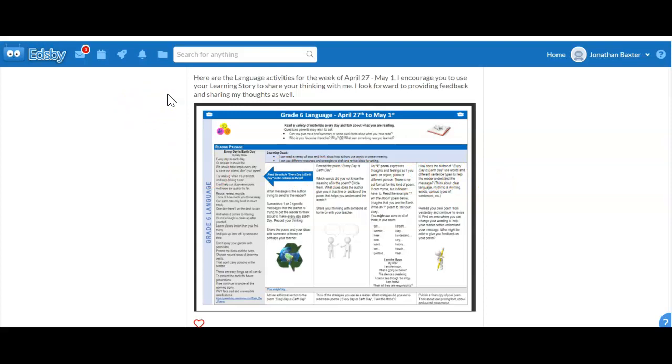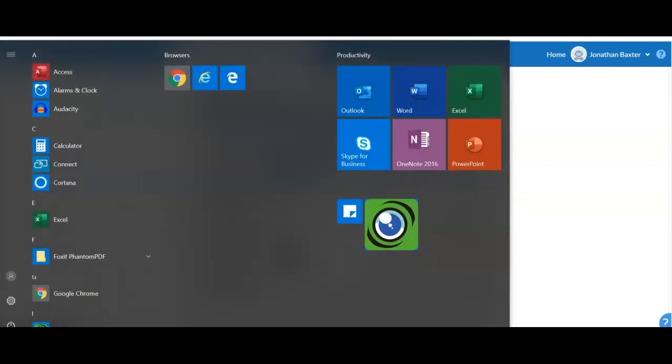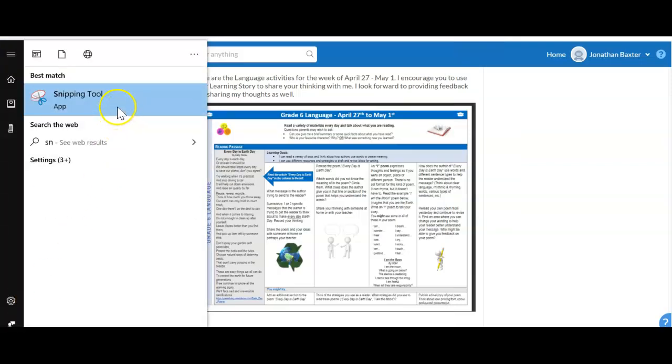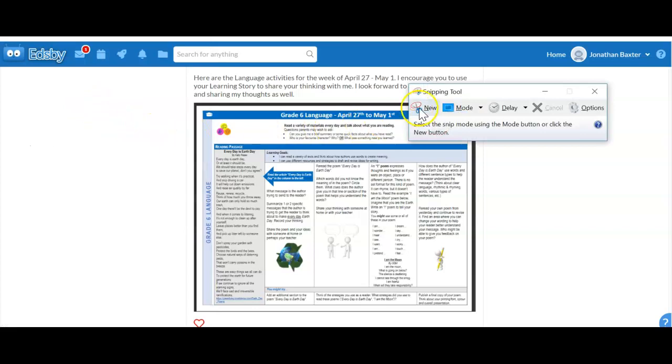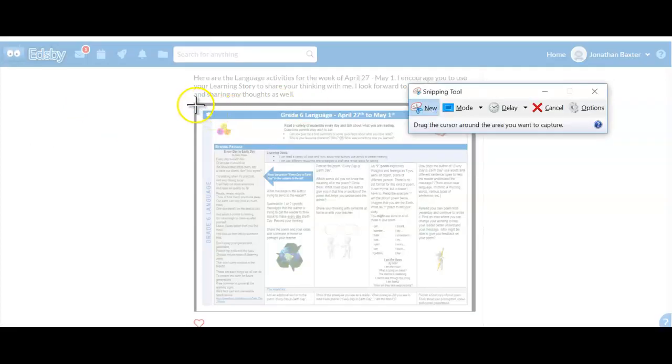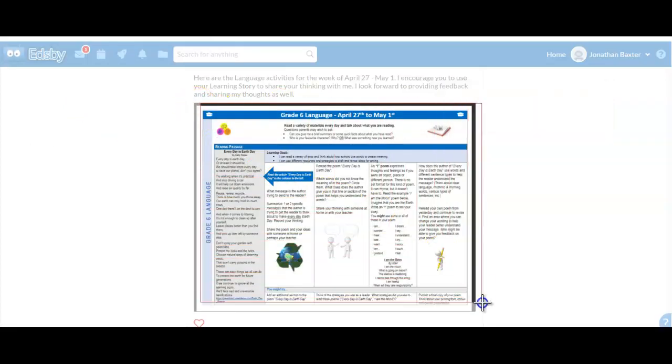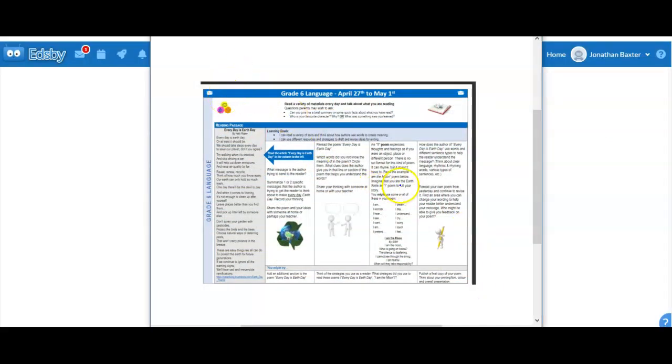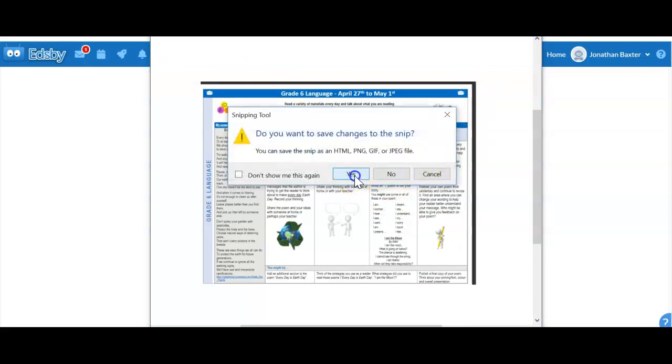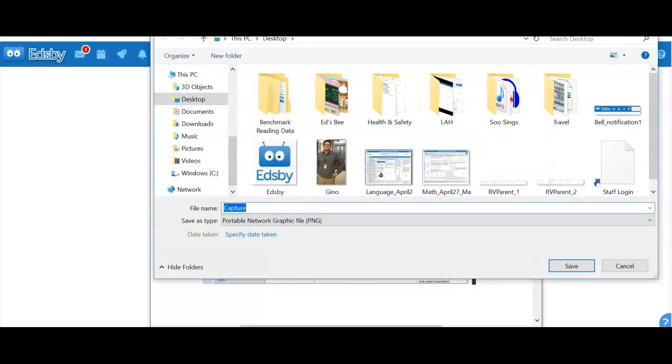Now this is something during the presentation yesterday, the question came up: what is the snipping tool? If I just go into my start menu and start typing snip, the moment I type SN, my snipping tool appears. I click into that, I can click New, and I just literally start to highlight and drag, and I can create a new image. And that is what I saved. I went up to File, I saved that to my computer, and once I did that,